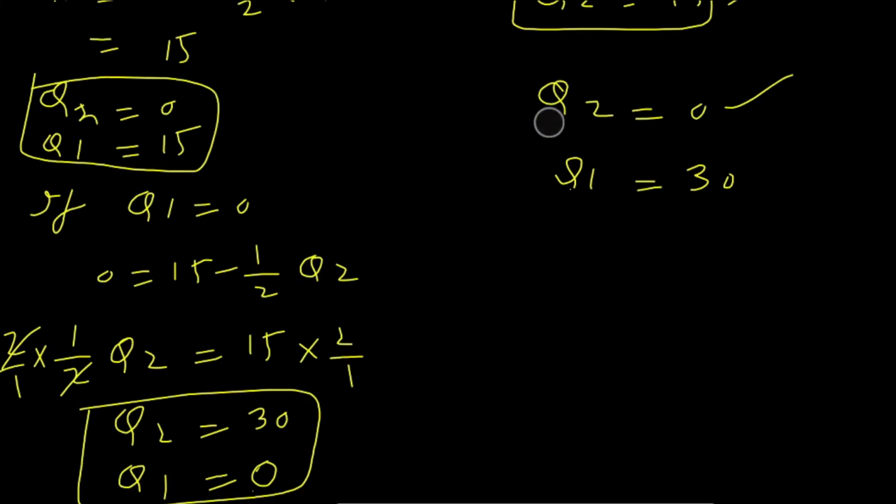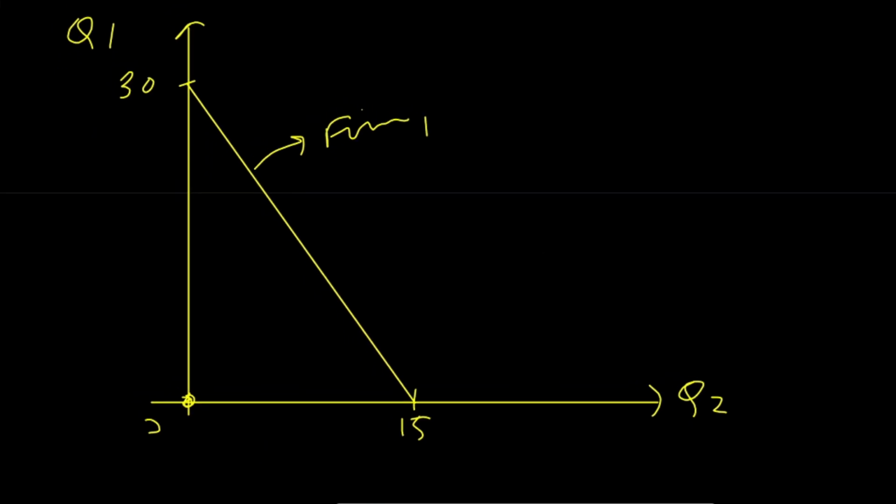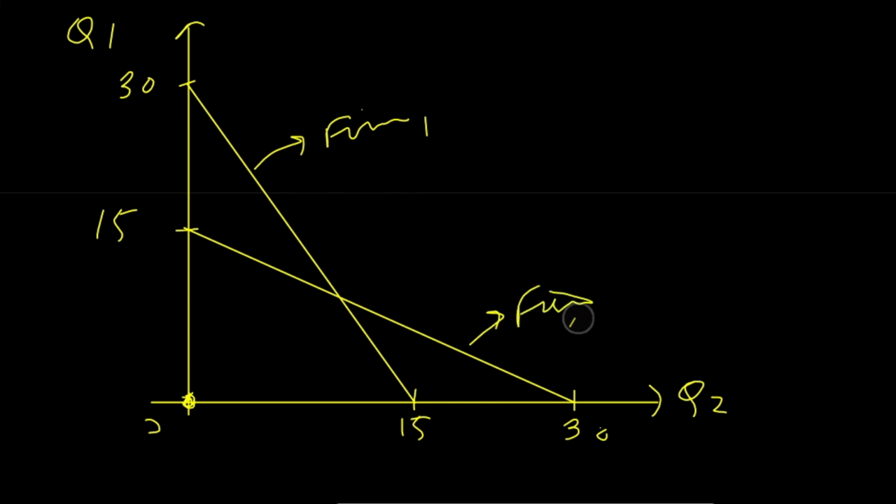And so we can plot these values into the graph again. When q1 is 0, q2 is 30 for form 2, and when q2 is 0, q1 is 15 for form 2. So we will find the reaction function of form 2 as well, and this is the reaction function of form 2, and this is the Cournot equilibrium,